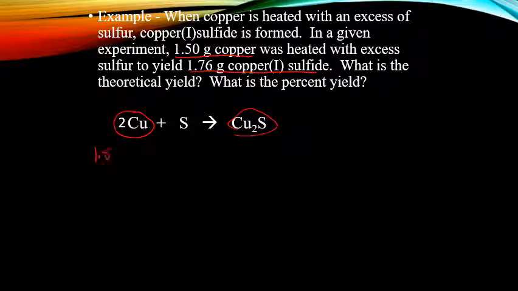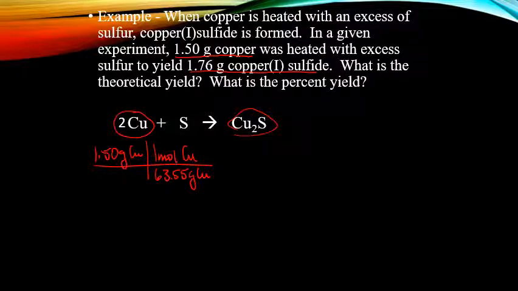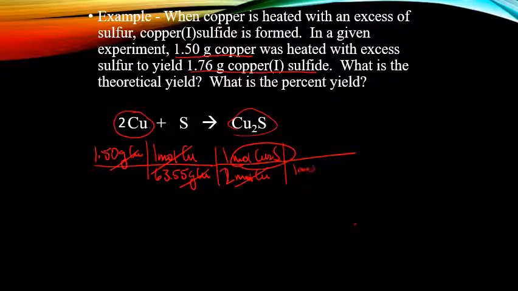So I'm going to start with 1.50 for my grams of copper, and using my periodic table, 1 mole of copper is 63.55 grams. And now that gets rid of the grams of copper. I need to get rid of the moles of copper. So for every 2 moles of copper, we have 1 mole of the copper 2 sulfide. The moles of copper cancel, and I'm left with moles of copper 2 sulfide. And then finally, I need to convert 1 mole of the copper 2 sulfide into grams of the copper 2 sulfide. And if we do that,